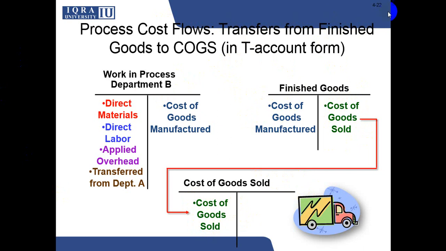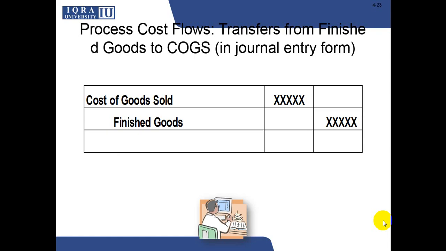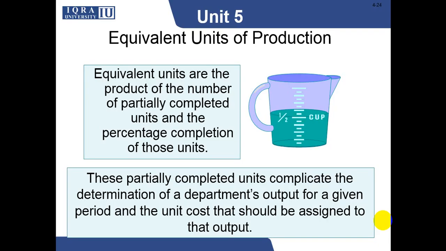So this is the general flow of process costing, how it flows from one department to another department. It's a very important flow, right? So you have to be very vigilant when applying the cost, because right now it is a flow without cost, but when we add the cost, we have to be very vigilant about how the cost flows from one department to another department, right? So cost of goods sold debit and finished goods credit. Okay, now